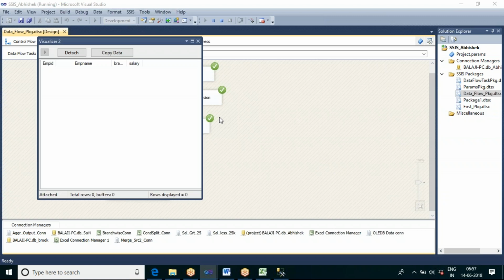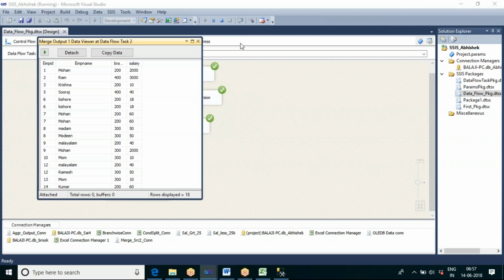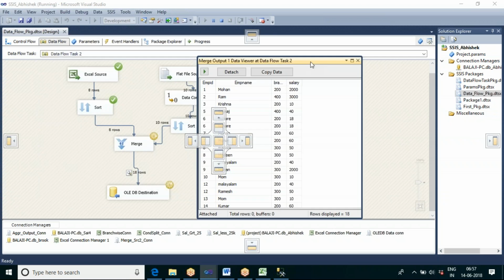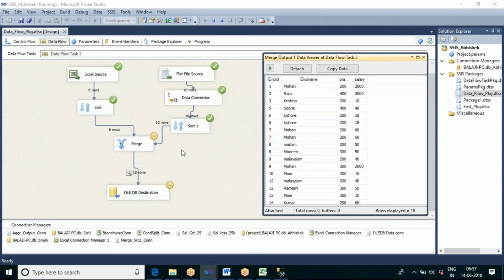We can see the first source contains 8 records and the second source contains 10 records, so 18 records are coming as the output.